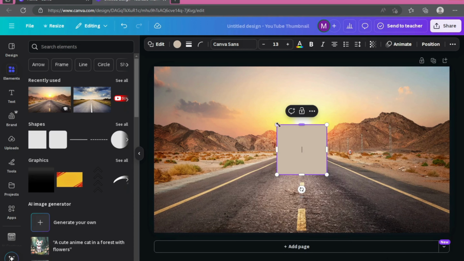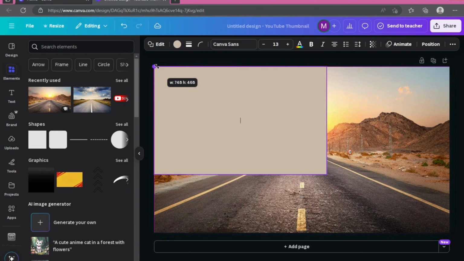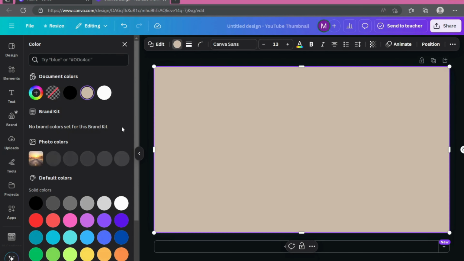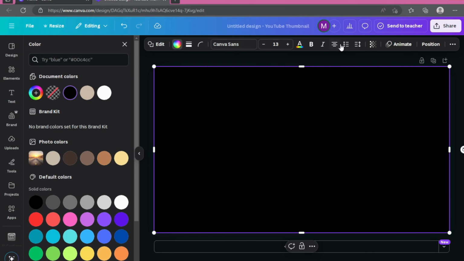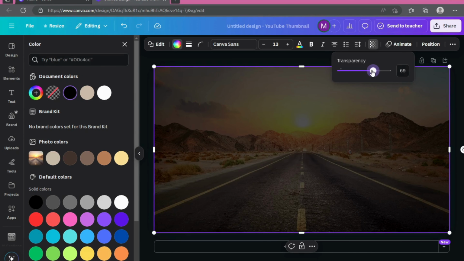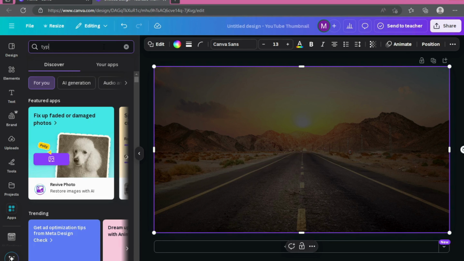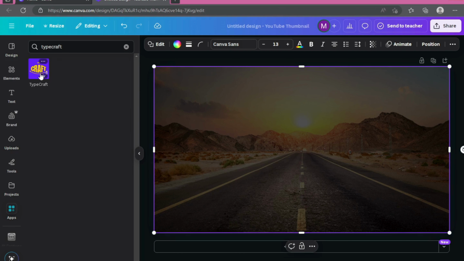change the color. Now go to transparency, go to edge, sort by graph, select this one,